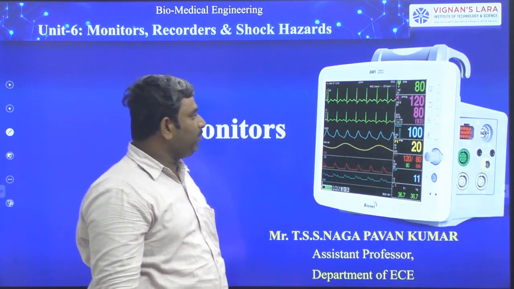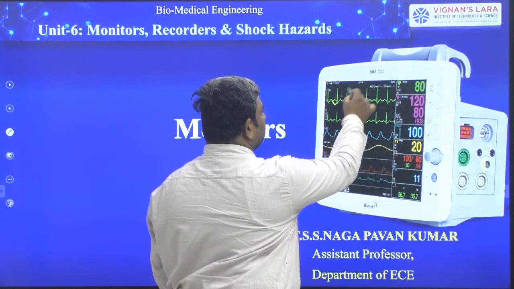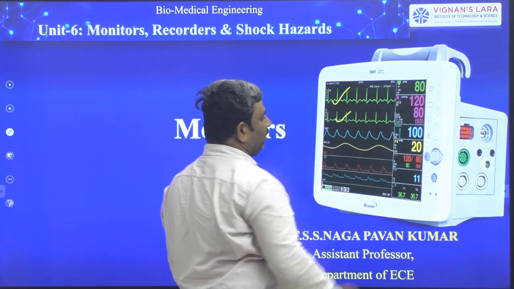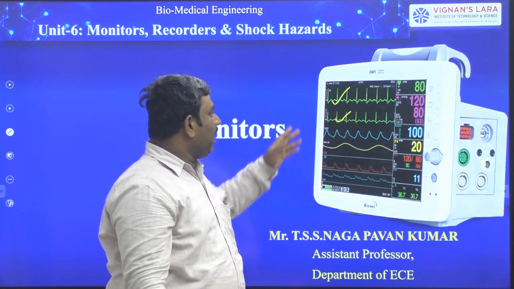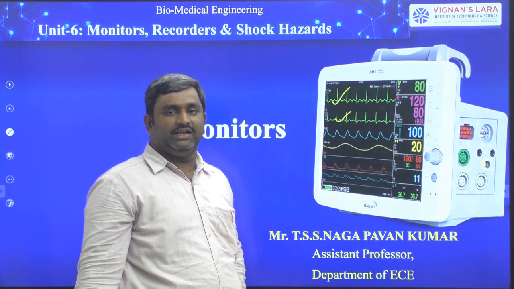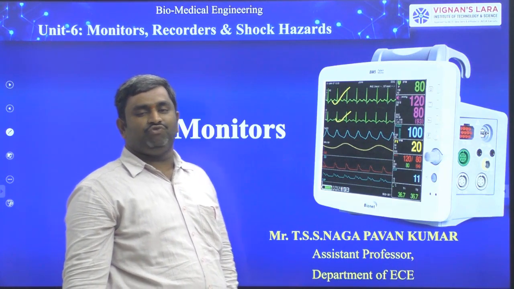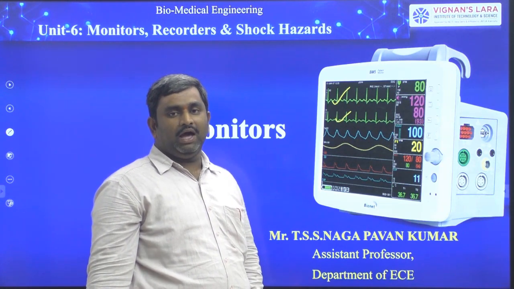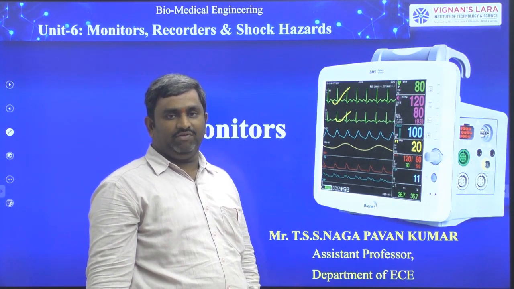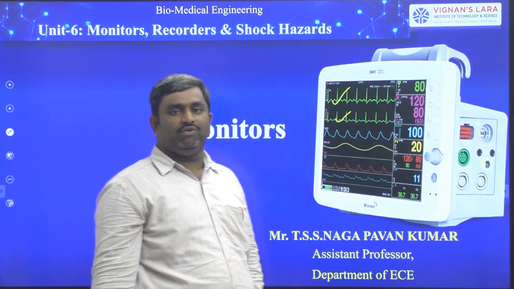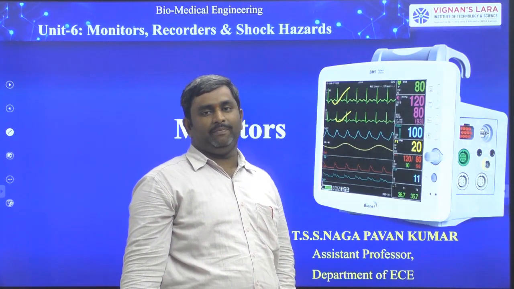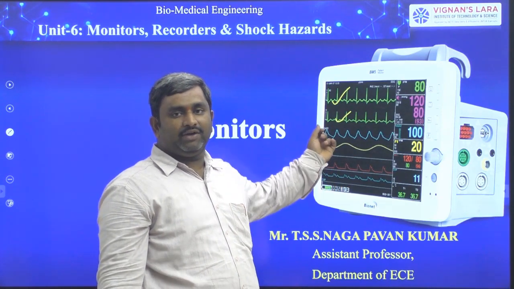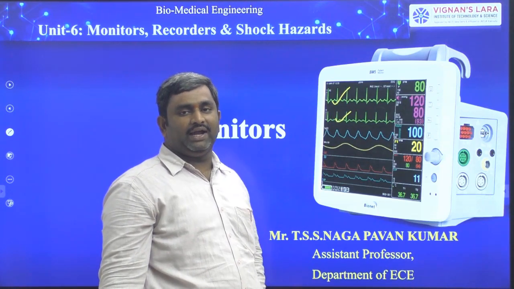So in this display, first we can see the ECG signal behavior, right? Here two different types of ECG signals are available. These signals will give the ECG information either lead 1, lead 2 or lead 2, lead 3 or lead 1, lead 3 or AVR, AVL or AVF. Otherwise V1, V2, V3, V4, V5, V6 leads information. So these 12 leads we can see at a time on this display. Otherwise we can see 2 channels of data at a time.